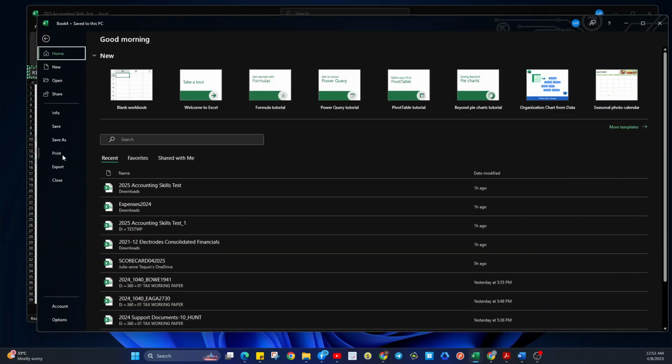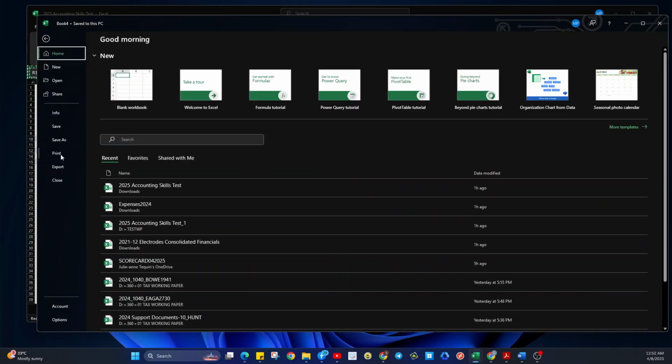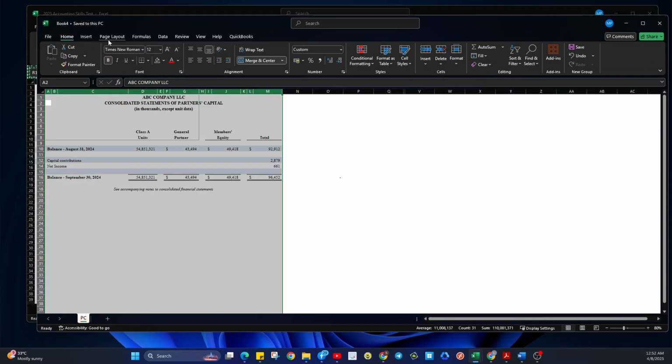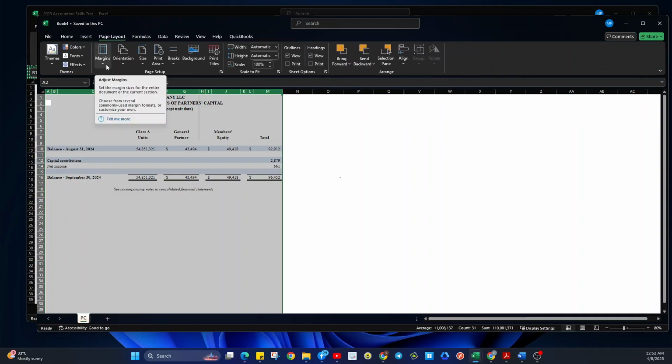File, page layout, break, insert page break.